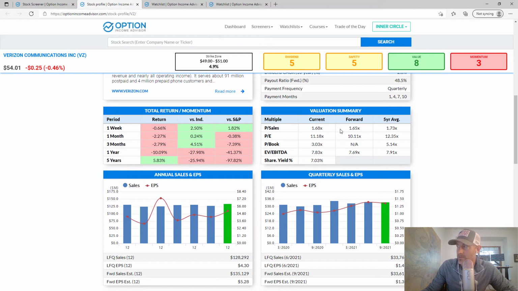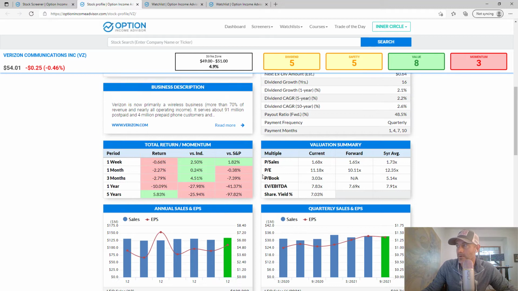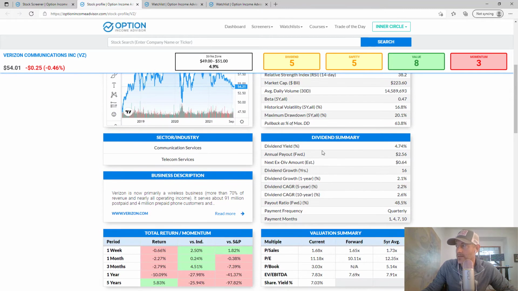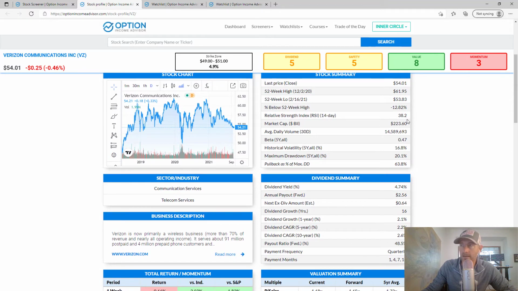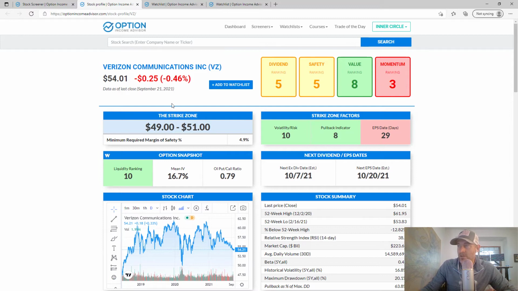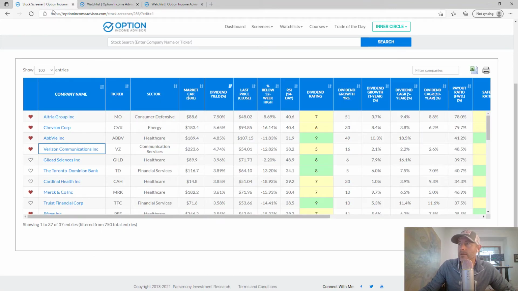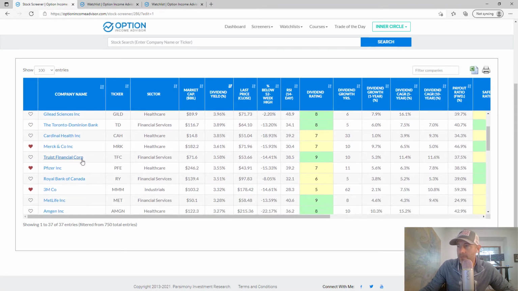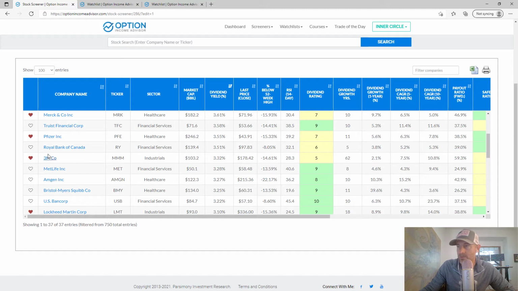Same thing with valuation. Here's all our valuation metrics we use. Momentum. Here's all the momentum metrics we use. So you can always get a good sense. Dividend. This dividend summary's got all of the metrics that we use that go into that ranking. So this is, I think, a good tool again. As you're screening for stocks, if you wanted to add it to your watch list from here, you could always click add and find your watch list. That one's already on our watch list, and then you can just click right back and figure out which stocks you want to add to your list.